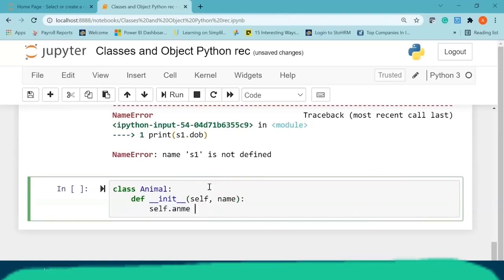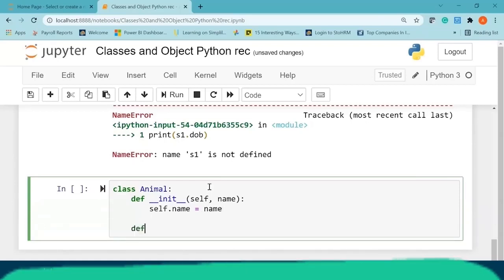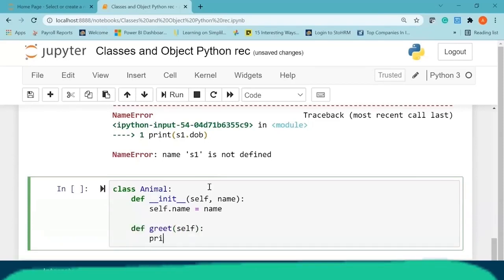I'll say self dot name equal to name, and then I'm going to create another function called def, which is essentially a welcome or a greet message, and that has a parameter that is self. I'm going to print the greet message or the greet